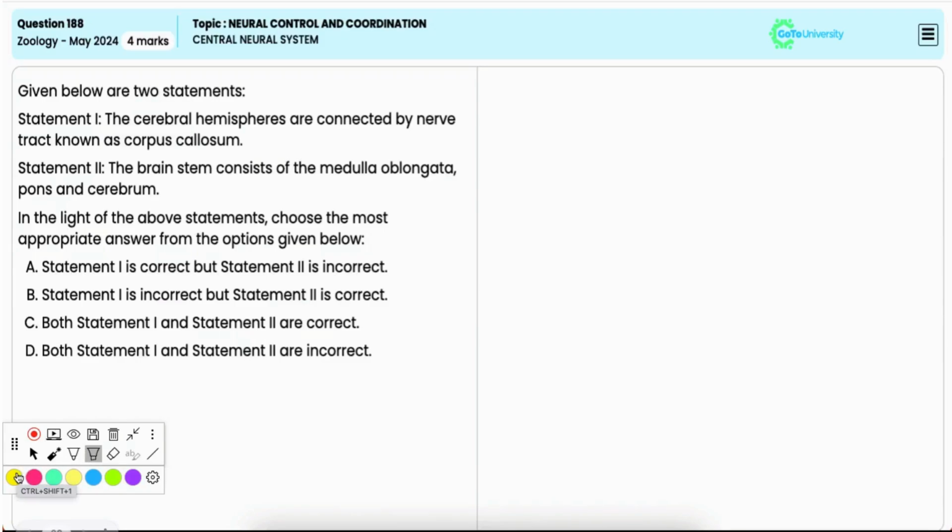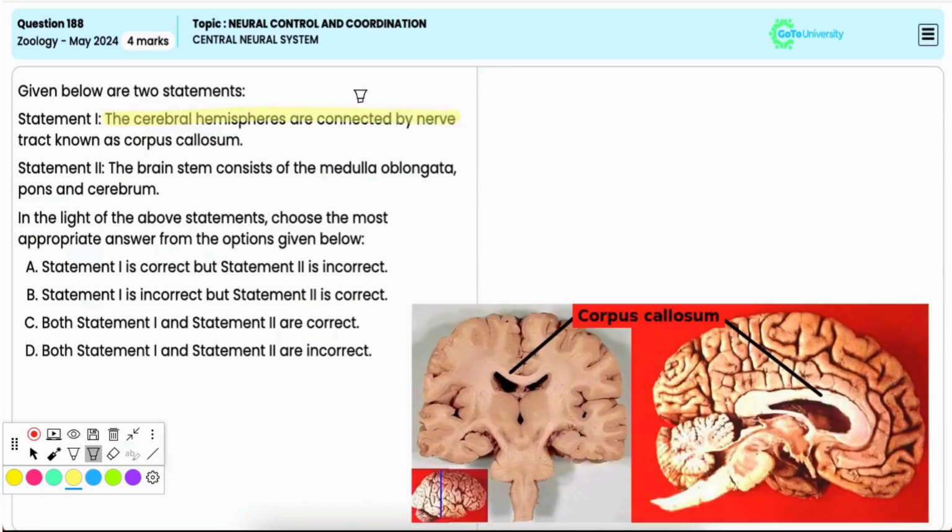In this question, two statements are given, and in the context of these two statements, you have to choose the correct option. Statement 1. The cerebral hemispheres are connected by a nerve tract known as corpus callosum. Now, this is correct. In the human brain, a deep cleft divides the cerebrum longitudinally into two halves, that is,